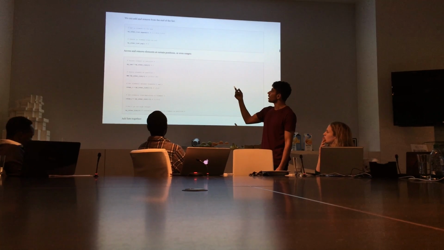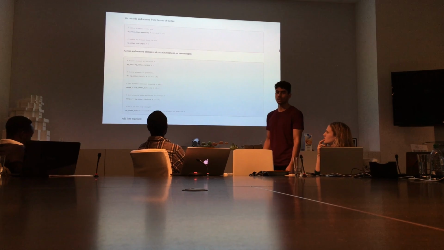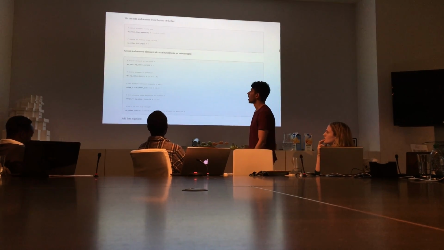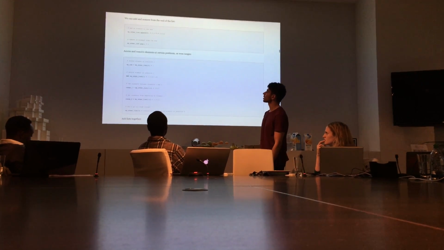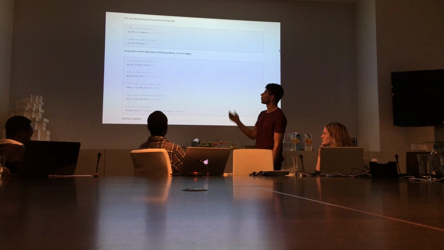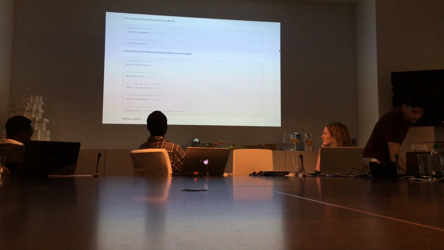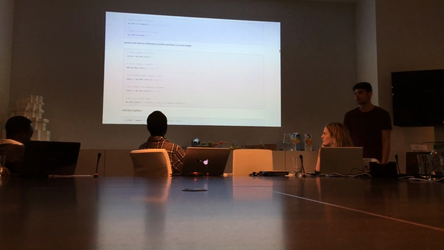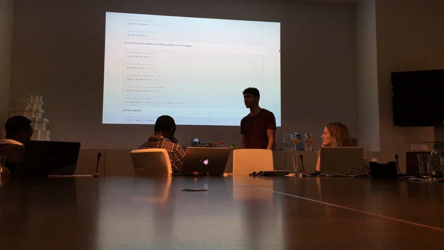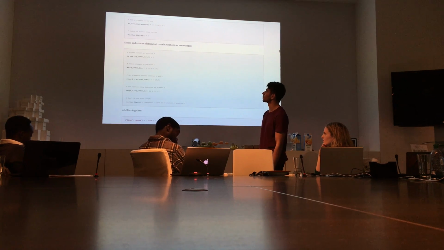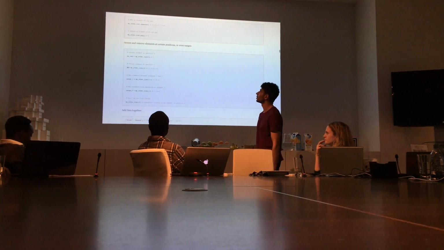So I have a list called myOtherList, and I want to add an element to the end of this list. I can use the append function to append 6 to the end of the list, and what that will do is just add 6 to the end of the list. I can also remove an element from the list. I can use the .pop function, which will remove an element from the end of the list. So if I use .pop on my other list, that will pop out the last element, which is 6.